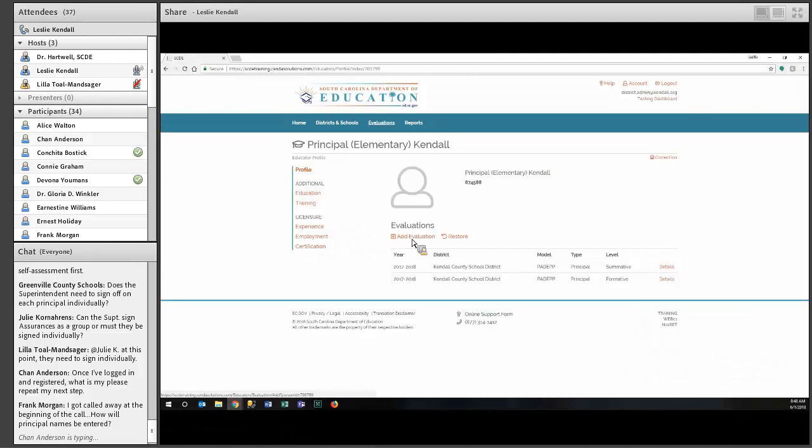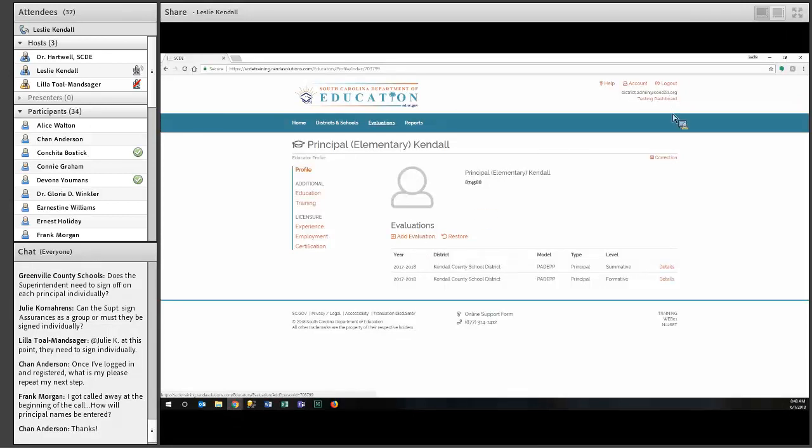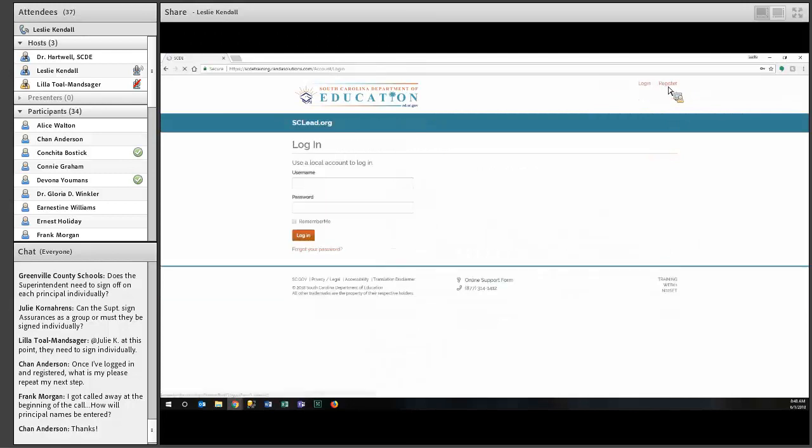Frank, the principals have been loaded into the system. Actually, everyone has from PCS. They should be able to register. They're going to click, let me log out to show you. They'll click the register link. They need to enter their first name, their last four of their social, and either the CID or the date of birth.